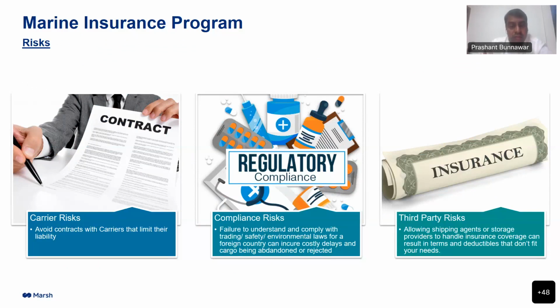He may not even respond to you at the time of loss. You can even get stuck with some compliance or regulatory aspect. For example, sometimes fumigation is required for exportation. Not probably related to plastic, but I'm just giving an example. And then probably if there is no fumigation, your cargo may get seized or confiscated by the government. And sometimes we have seen that